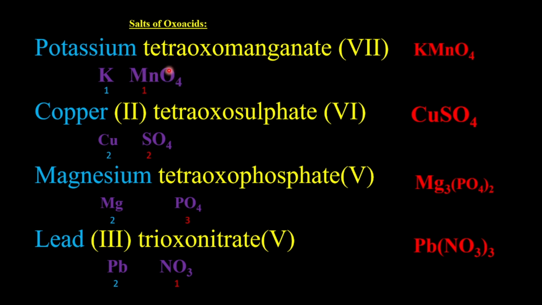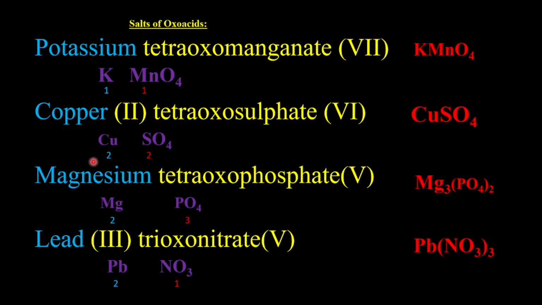Now there's a question that we need to ask ourselves. MnO4, that is a radical. What is the charge? It is minus 1. We are not interested in the minus sign here. Now when you pick K, that is 1. So it seems that this is 1, that is also 1. And they have the same number. So K and MnO4 can combine to give us